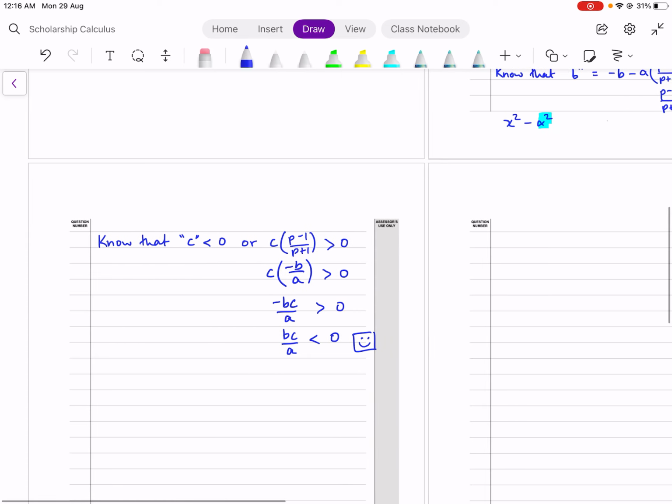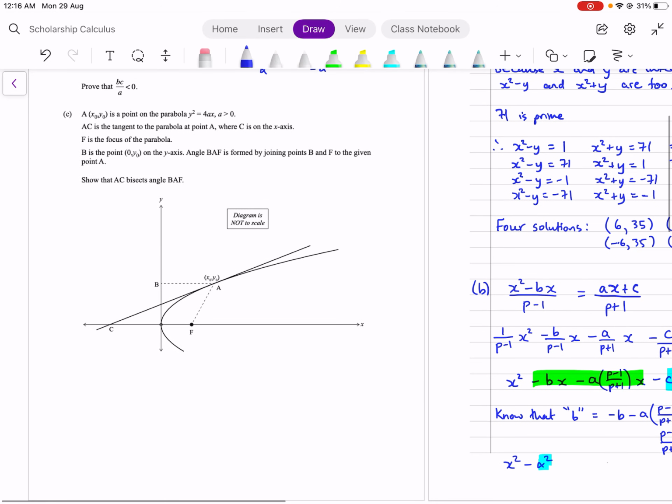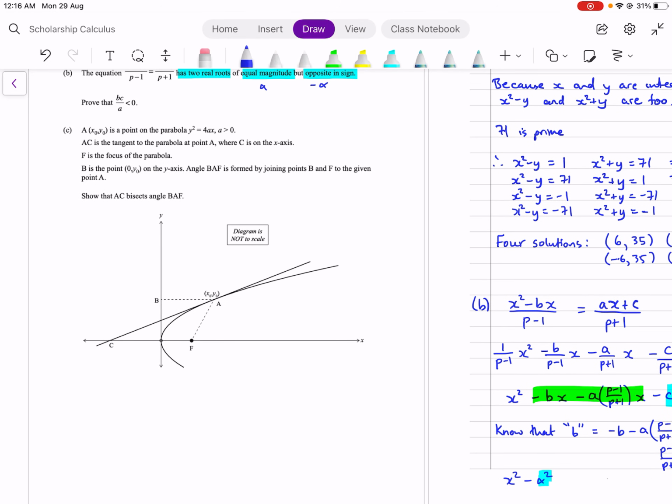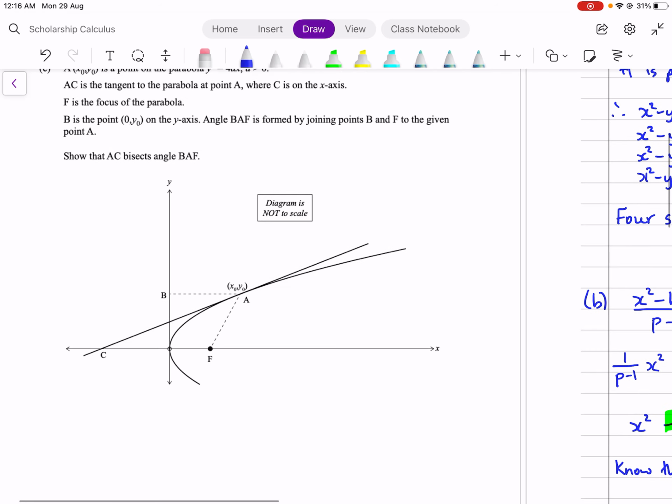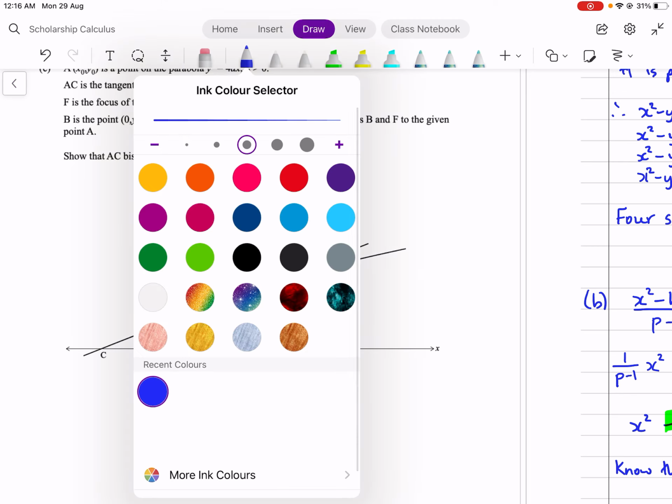Okay, the third question involves this parabola, and we're asked to show that AC bisects angle BAF. So AC is the tangent. So in other words, this angle theta, and that angle there is also theta. Now that's called the reflective property of the parabola. And what that means is if I have